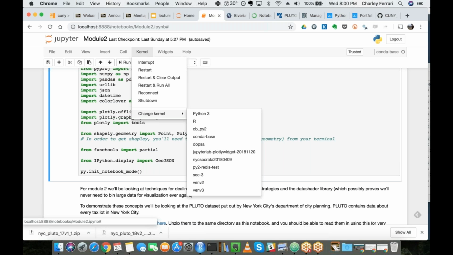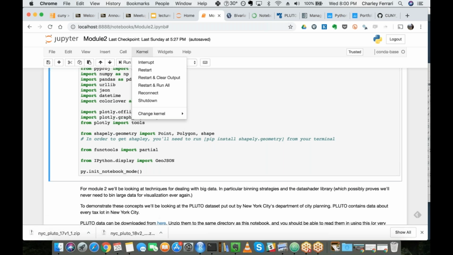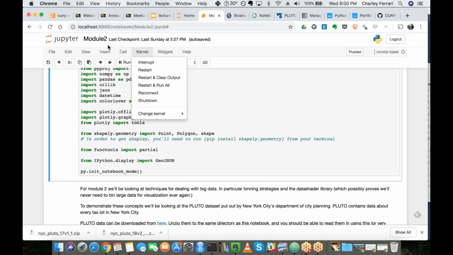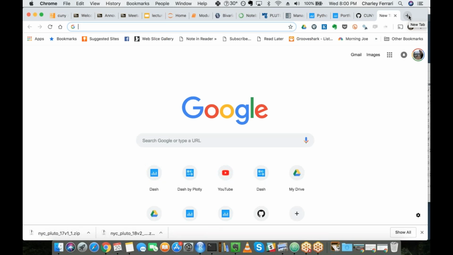I have a lot more here. You would probably have just one or two, but this is where you would make sure this matches whatever you would have within either your terminal or command line to run a file in a specific environment. And with Conda, it should be managing the kernels with Jupyter. I remember when I had Conda installed, I didn't even have to think about these different environments. But there is